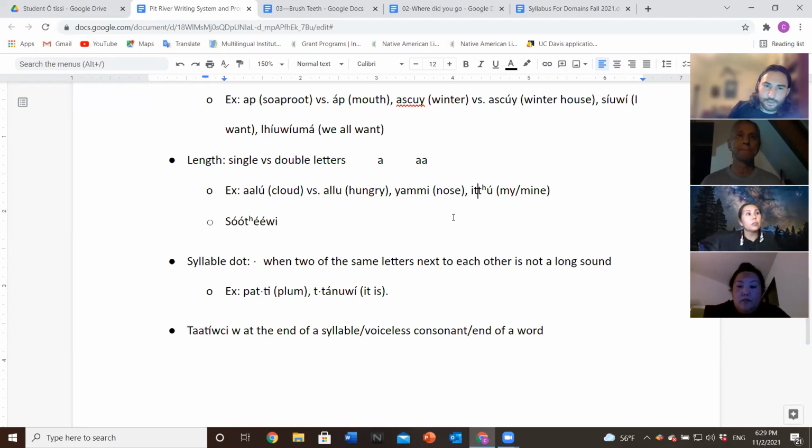Okay, and so then next we have sohtewi. Sohtewi. So this is, oh man, this rule is a little harder to explain. So on these stops here,